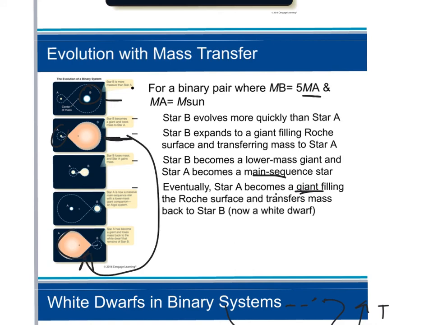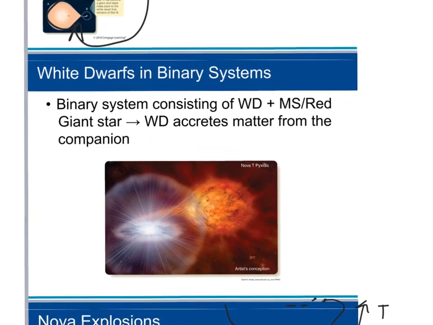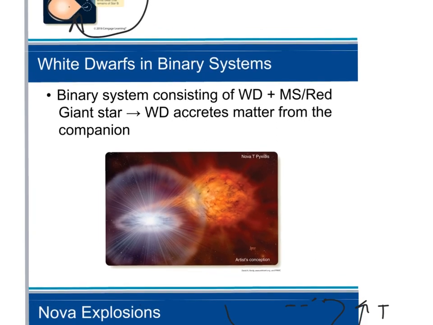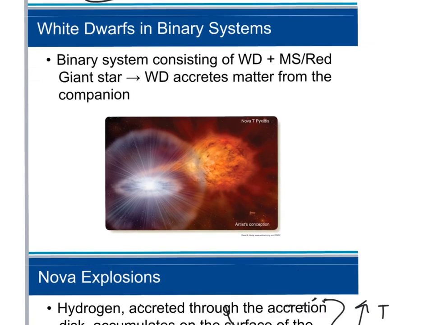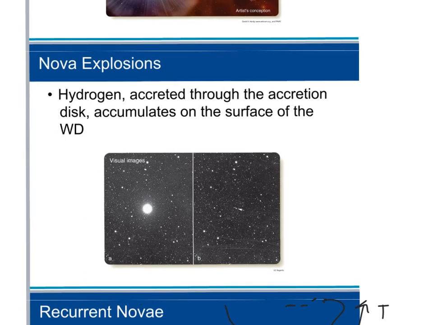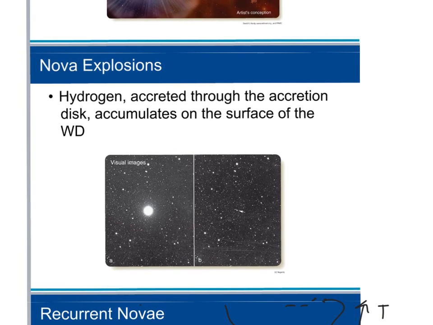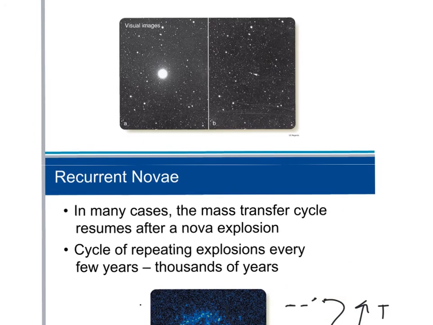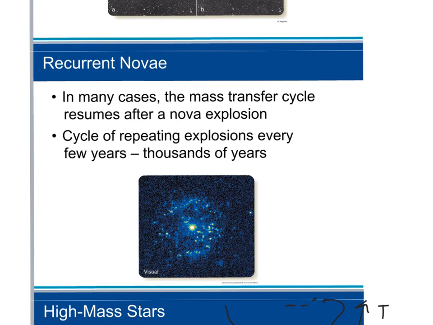It winds up being our end result. We end up seeing that flop. So the two stars in a binary star system are exchanging mass between them. A binary system consists of a white dwarf and a main sequence red giant star. The white dwarf accretes matter from its companion star. A nova explosion occurs when hydrogen gets accreted through the accretion disk and accumulates on the surface of the white dwarf. In many cases, that mass transfer, that cycle, so you wind up,